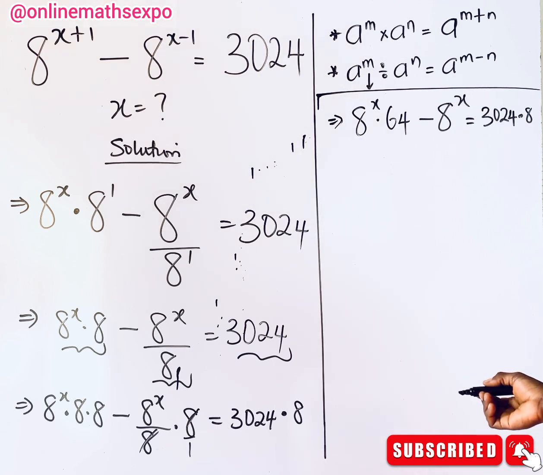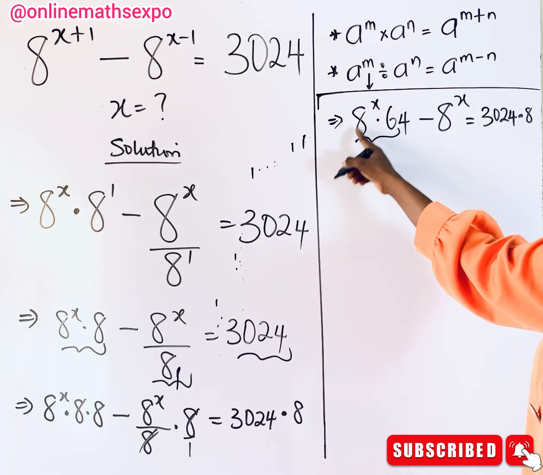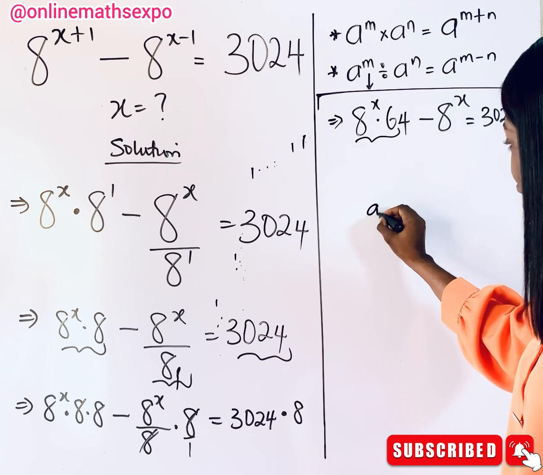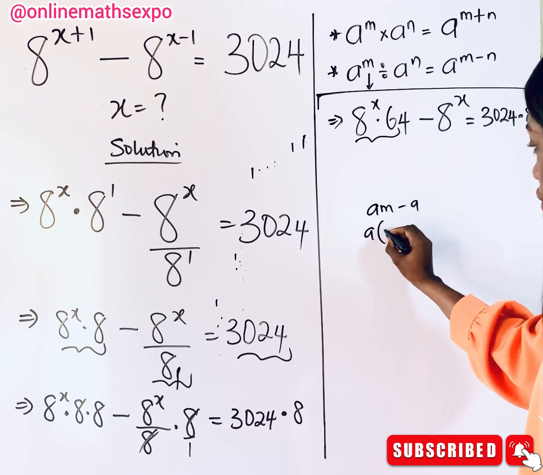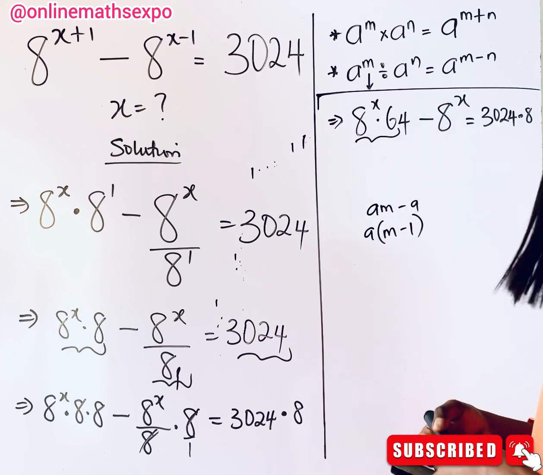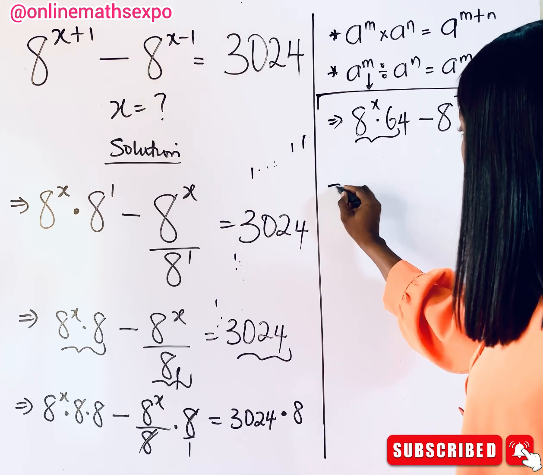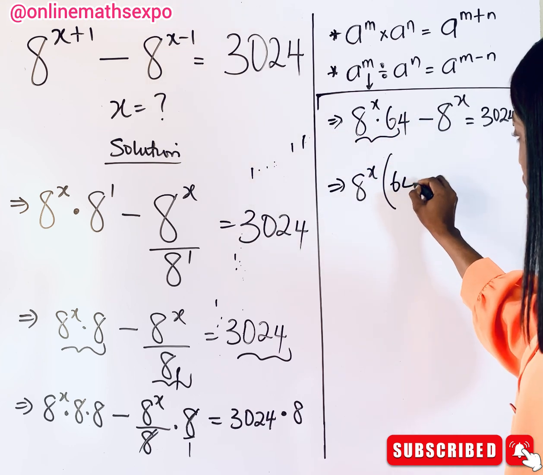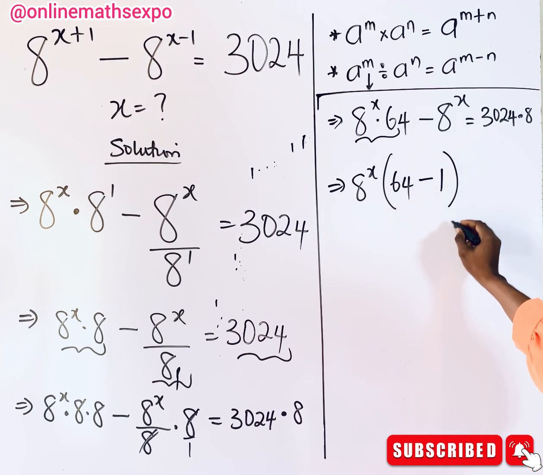Now what do you do again? What did you observe? You observe, remember that these are together, that 8 to the power of x is here and is also here. So what happens when you have something like this, am minus a? You just factor your a out to have a times m minus 1. We're going to apply this principle here. So we factor 8 to the power of x out, then use it to divide this, you'll be left with 64. I hope you are with me there. Then divide it with this, you'll be left with 1, and is equal to